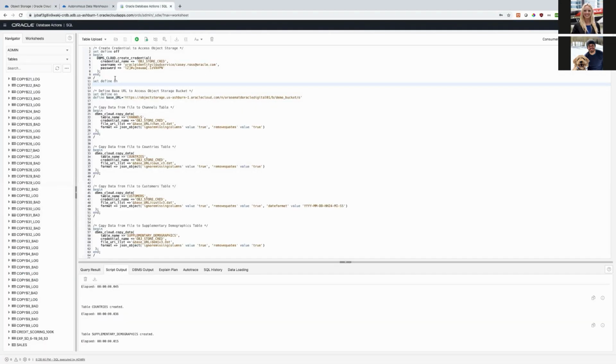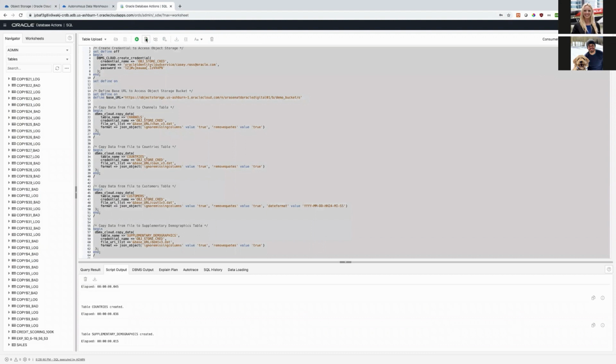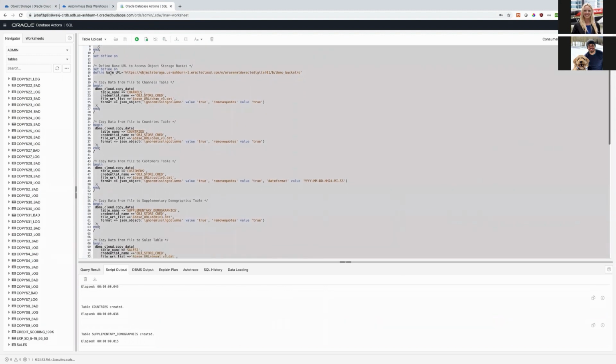So to do that, the first thing we'll do is I'm just going to go ahead and run this entire script. The first thing that we'll do is create this credential for our database to access object storage. And then the next thing we're going to do is find this